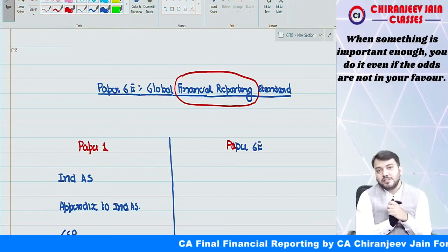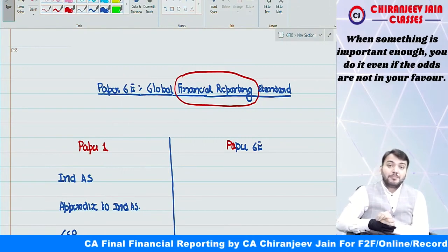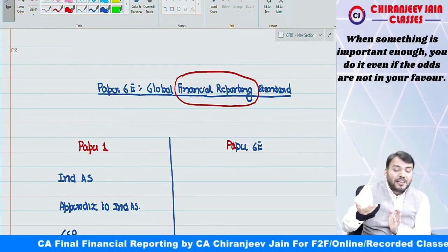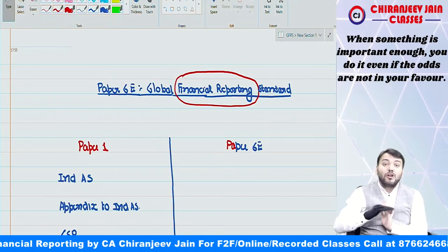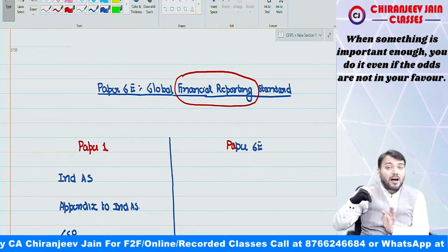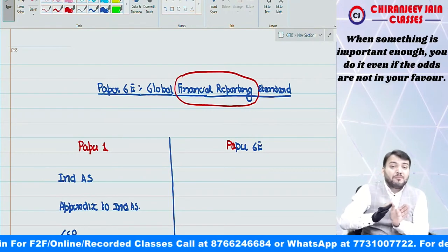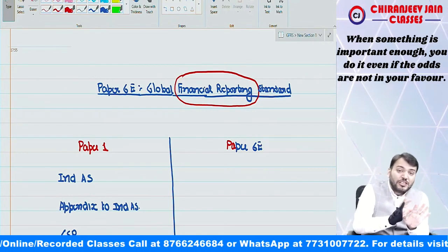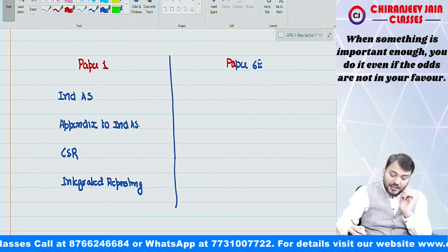Are you able to understand? Yes, sir. But when I say Global Financial Reporting Standard, we now need to understand how financial statements are prepared in the global market. Global market means any companies incorporated outside India; they prepare financial statements based on which standard? I hope you all know that internationally,